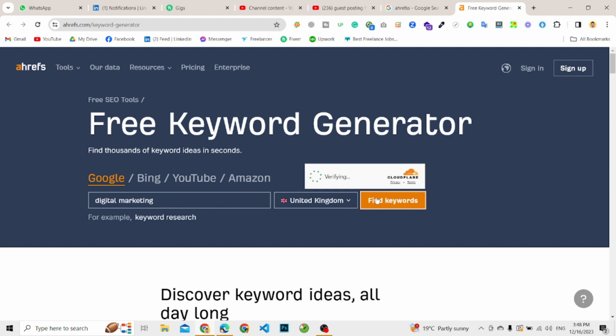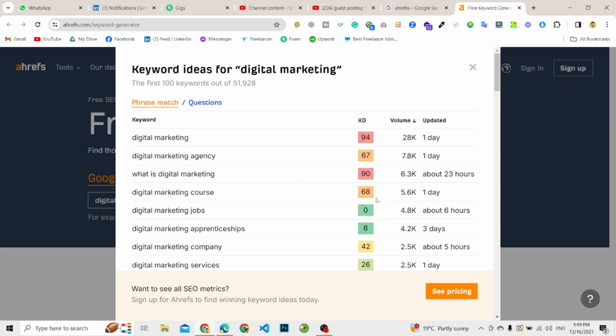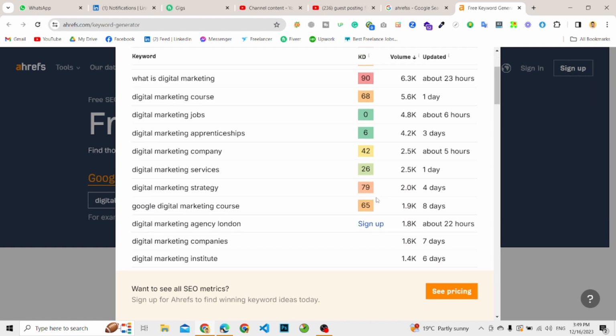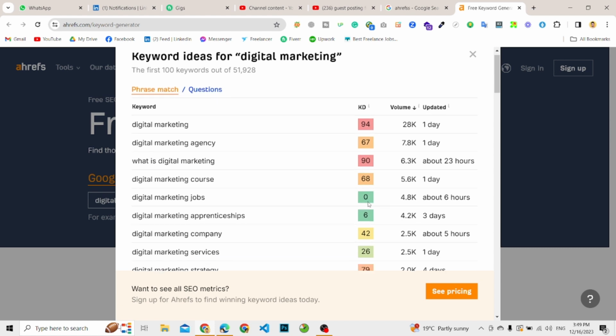Now I find some keywords. It will give you some keywords that help you write better content. It's just verifying, and after verifying it will provide us its results. It will take one or two or three minutes, and then it will show the results. So here are the results, and now you can find some of the keywords that are